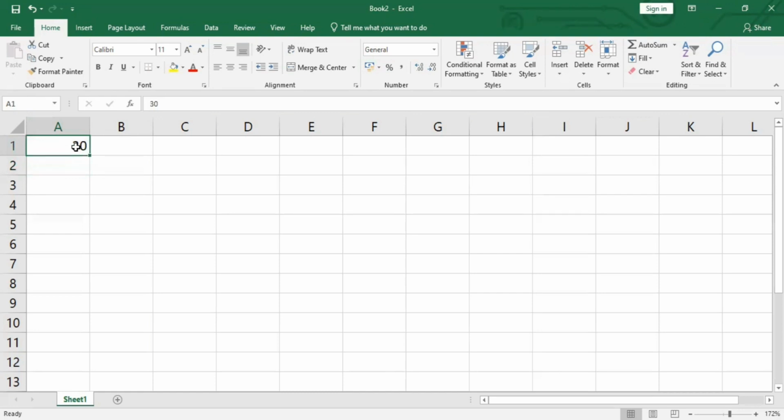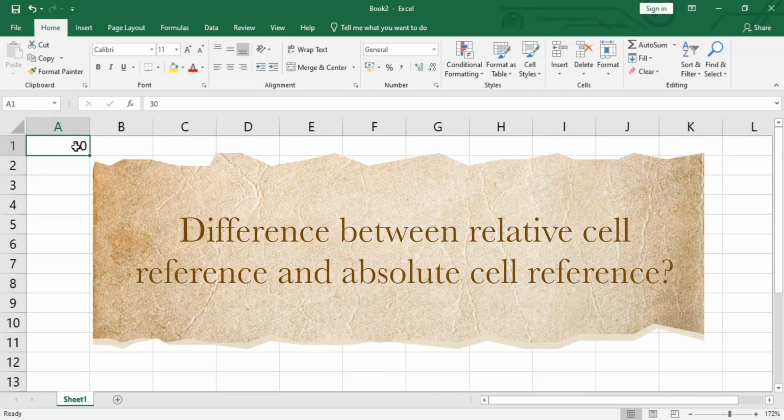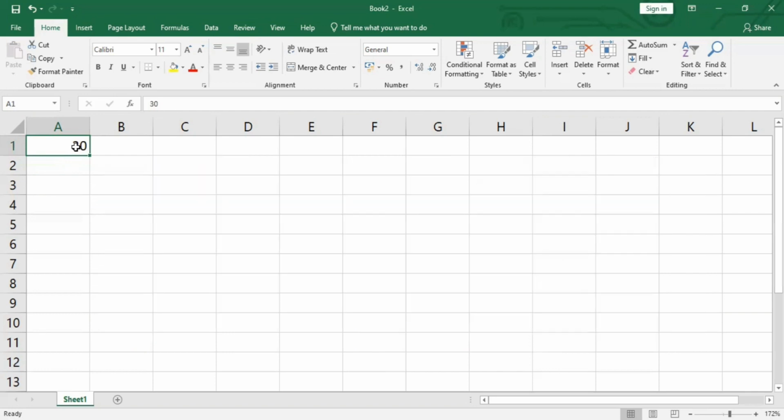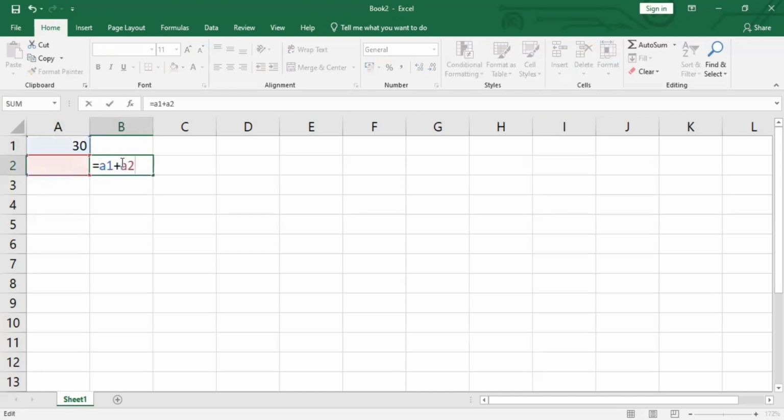So let's move to the second question, that is the difference between relative cell referencing and absolute cell referencing. If I talk about relative cell referencing, then definitely there is a change when copying a formula from one cell to another. It is by default. For example, if I have written here equal to A1 plus, not A2, it's B1